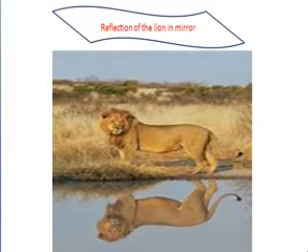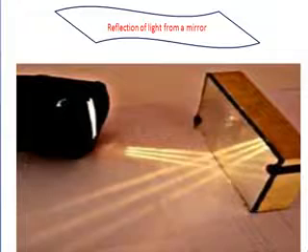That is, light falls on the mirror and then it falls back to our eyes and we can see through the mirror. And here on the screen you can see not only in a mirror, but we can see our reflection in water also. Here you can see an image of a tiger in water. So what is this actually? The water is changing the direction of light which is falling on it, and this is reflection of light. In our next slide also we are going to show the same thing.